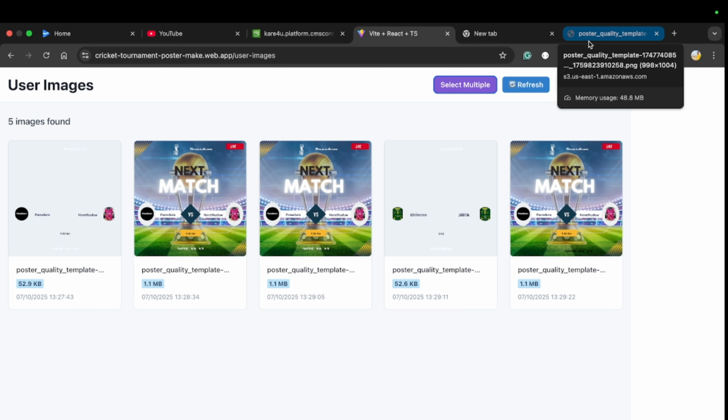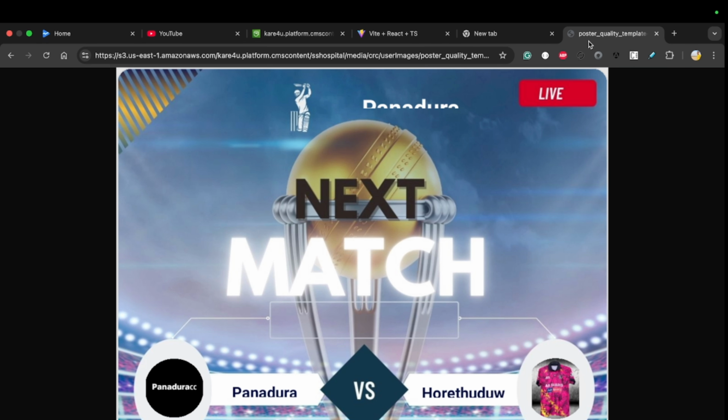I just want to keep my last 1 day or 2 days of data, and everything else I need to clean. So I'll show you my S3 structure, how these URLs are being formed. This first part is my bucket name. And then inside my bucket I have some subfolders. So what I want to do now is, inside this last folder, this is the folder, then this is the file name. Whatever is there in this user images folder, I want that content to be deleted after, let's say,